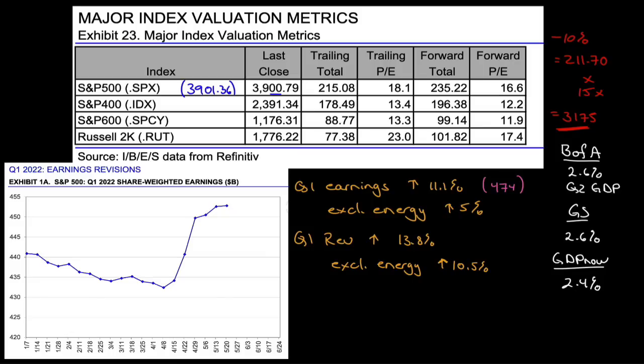I should mention with Target, they also did announce on that call that they do plan to increase their dividend 20% by the end of the year. So they are looking at a dividend increase, and they have a $2.7 billion stock buyback, which they think they'll complete by June 1st. To put that in perspective, they had a $7 billion stock buyback last year. So the stock buyback is lower. They are going to increase their dividend, but they increased their dividend by more last year.